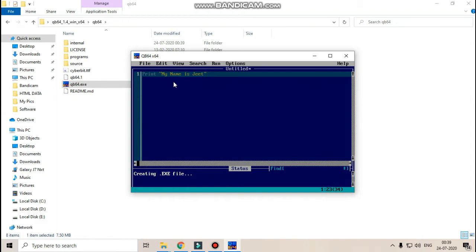Creating the .exe file takes time the first time. Just keep patience. You can find other setups also, but the first time it will take time only. It is creating the output file.